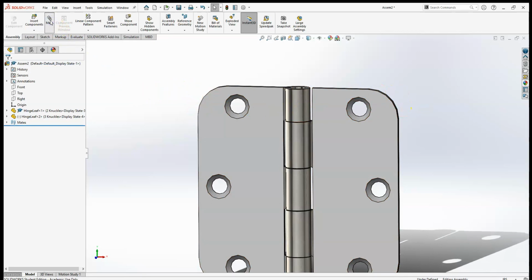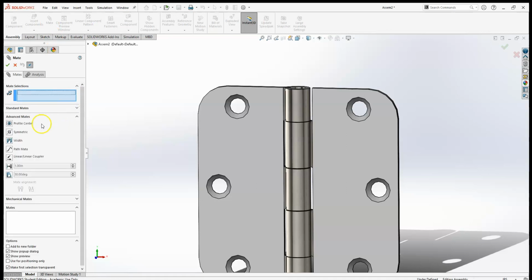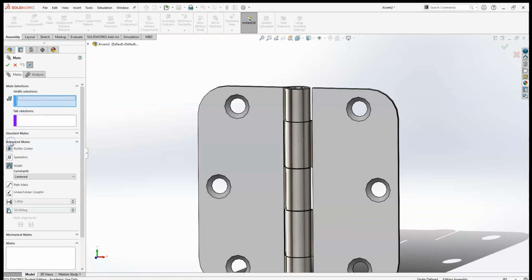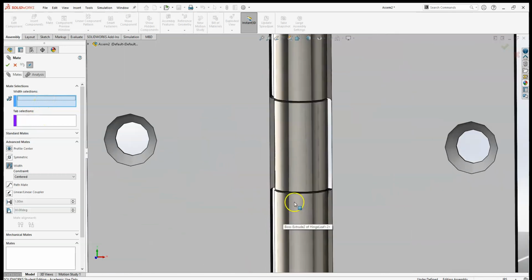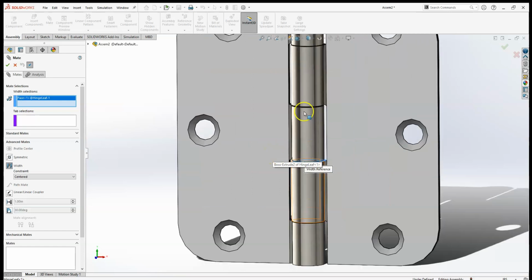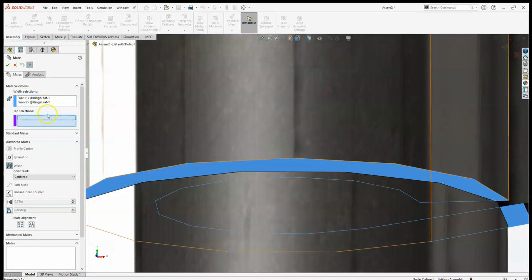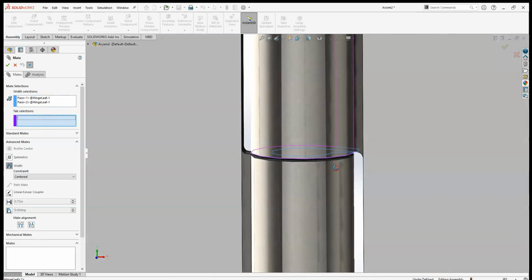Let's go ahead and try a different mate as well. This one I'm going to go a little bit more advanced and go to the advanced mate, and they have something called the width mate. The width mate's nice if you have a tab and slot type scenario, where you define the bigger opening and then the thing that fits inside of the bigger opening being the tab. And so in this example, my bigger opening could be defined by the faces of the one knuckle here and here, and then my tab would be the faces of the other knuckle